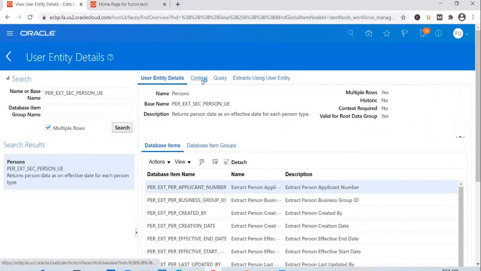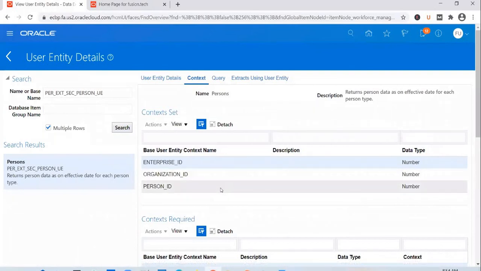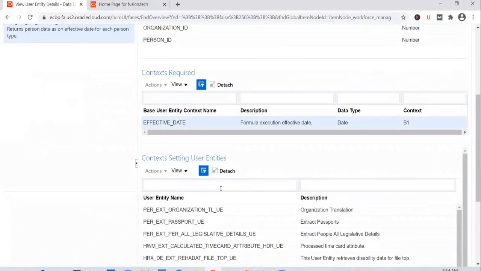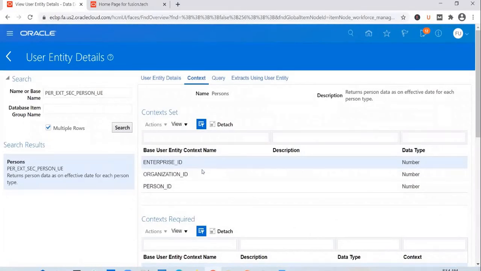Right, so you go to context, and you could see a few IDs are getting set as a context. So this context needs to be set before you could pull the details from the user entity.